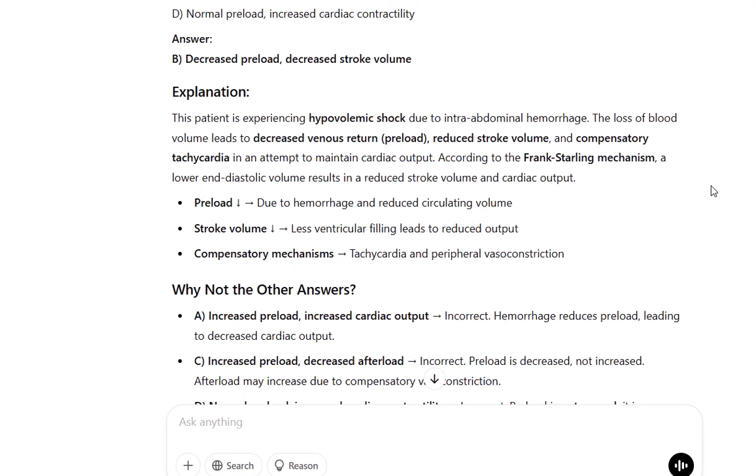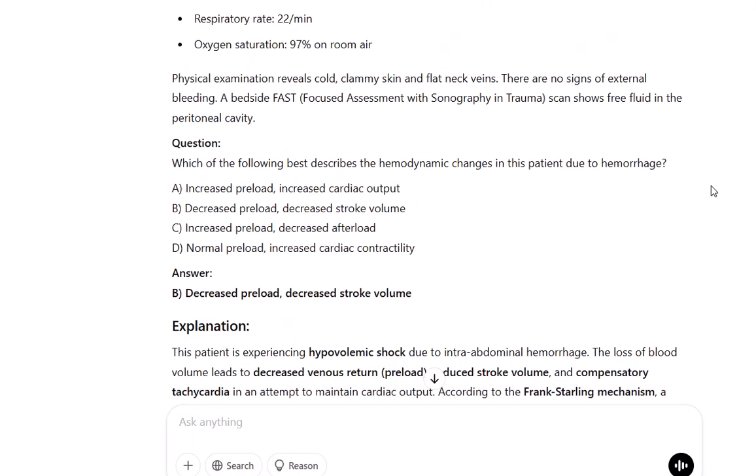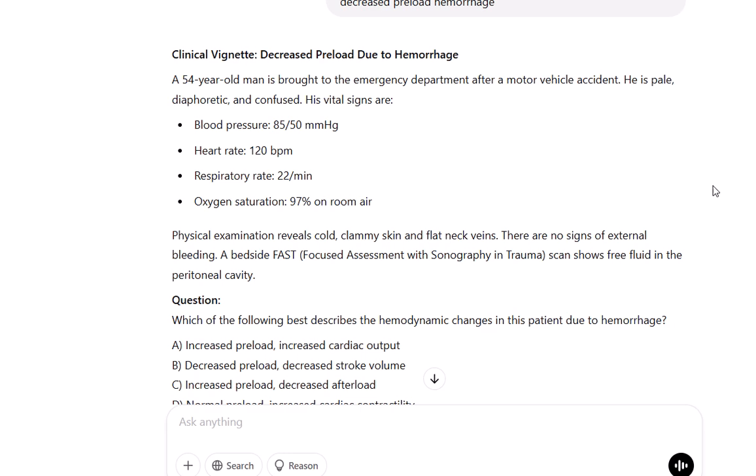Decreased preload due to hemorrhage. A 54-year-old man is brought to the emergency department after a motor vehicle accident. He is pale, diaphoretic, and confused. His vital signs are: blood pressure 85/50 mmHg, heart rate 120 BPM, respiratory rate 22 per minute, oxygen saturation 97%